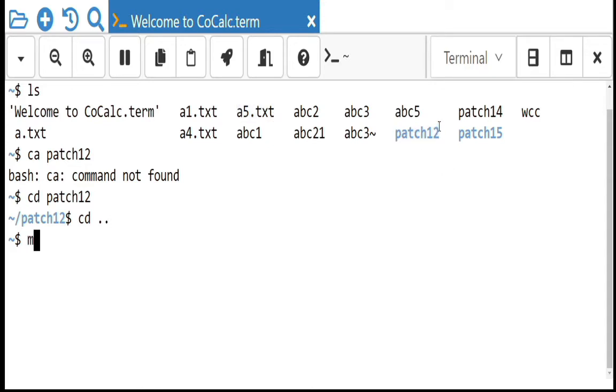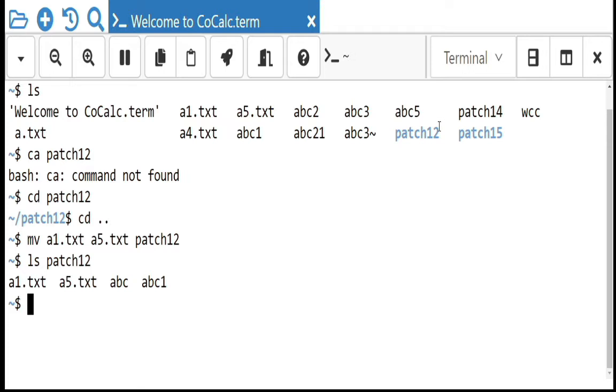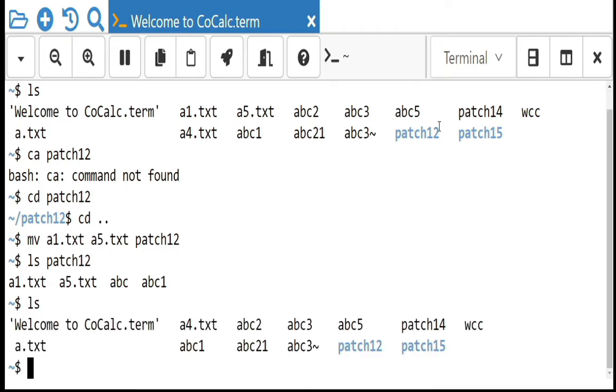So mv, then the files: a1.txt, a5.txt, to patch12. Now we check patch12 and directly display the content. See, a1.txt, a5.txt, then abc1, which was already there. Understood?